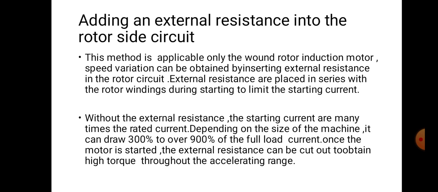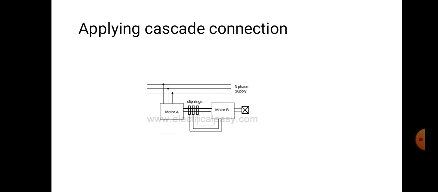Once the motor is started, the external resistance can be cut out to obtain high torque throughout the accelerating range. In this method, the resistance plays a major role, and resistance is used to control the speed of the motor. Next method,